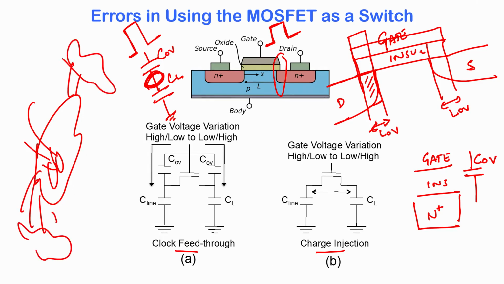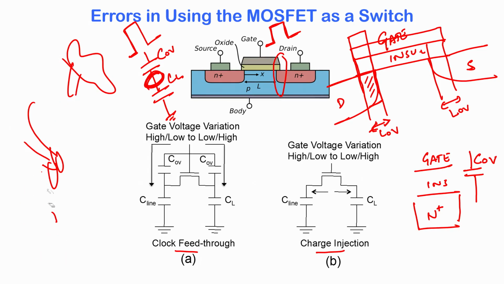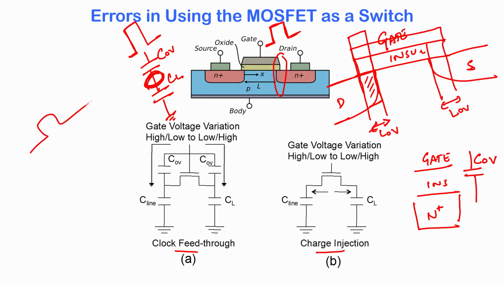So, the charge injection mechanism is a bit like that. When the gate goes high, so you have your MOSFET, when the gate voltage goes high, an inversion layer charge is formed. Where did the charge in the inversion layer come from? The inversion layer charge came in from the source,